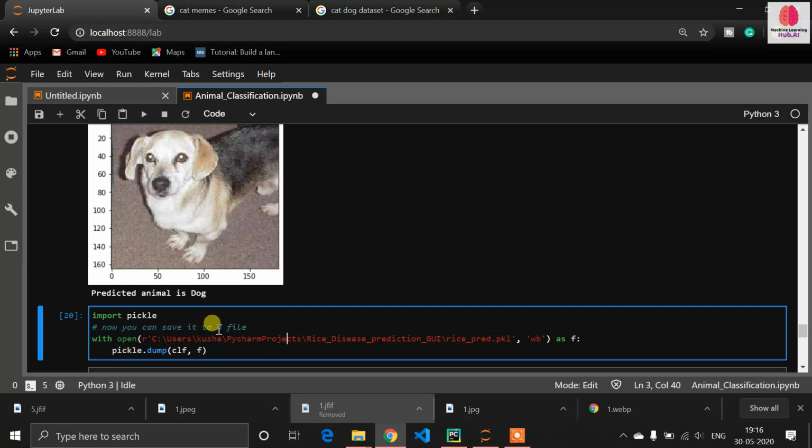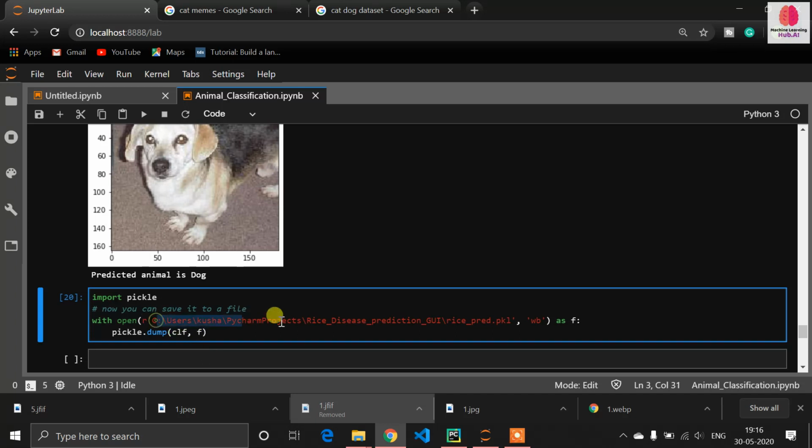So if I want to store my model, I have to use the pickle library. Pickle will store our trained model as a .pkl file. You just have to choose the name. So now I am giving the name classifier, because every time you open it you would need to train this model again, and every time you will get a different accuracy. So you need to save your model for production.